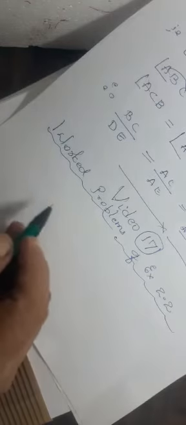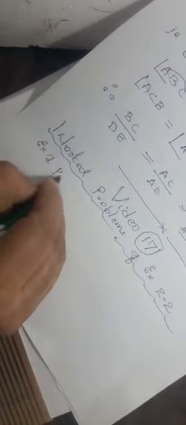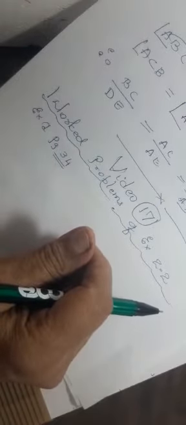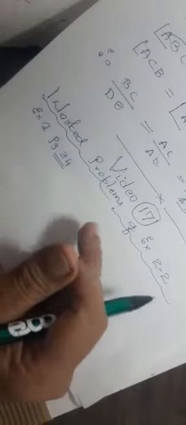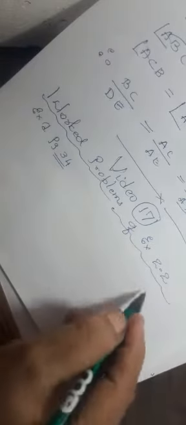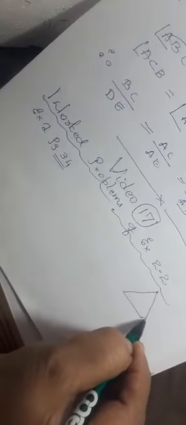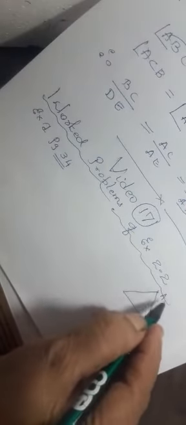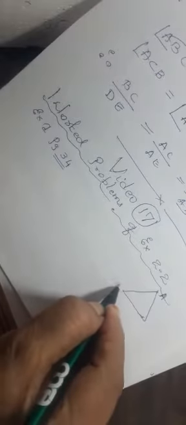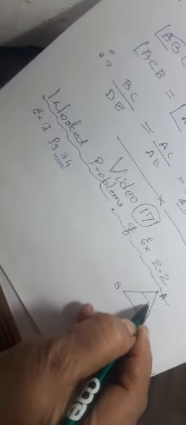See, for example, example 1, page 34. Example 1, page 34 I'm giving here. It is just what I had done just now: you can take AD by AB, AE by AC in that figure. You can take the ratios in any manner, but you have to be a little careful there, as I had told in the previous video.